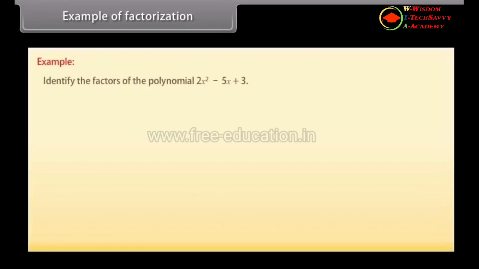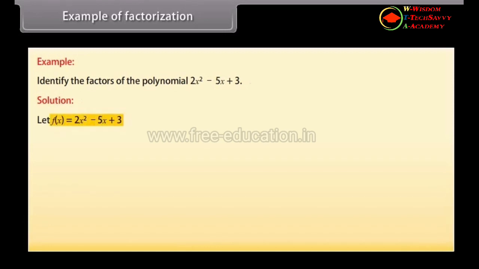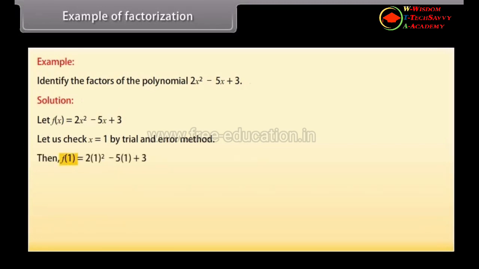Example of factorization. Example. Identify the factors of the polynomial 2x^2 - 5x + 3. Solution. Let f(x) = 2x^2 - 5x + 3. Let us check x = 1 by trial and error method. Then f(1) = 2(1)^2 - 5(1) + 3 = 2 - 5 + 3,